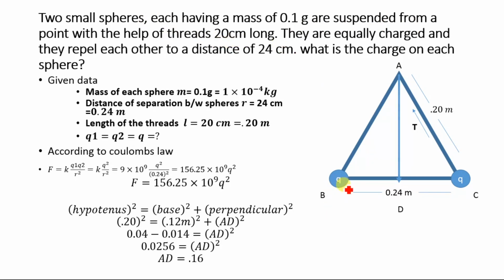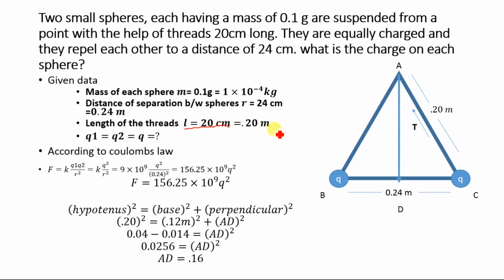We have two small spheres, this is sphere 1 and this is sphere 2. Both of these spheres have the same mass, 0.1 gram. So the mass of each sphere is given as 0.1 gram. And these spheres are suspended from point A with the help of this thread. The length of this thread is given as L is equal to 20 centimeter, and 20 centimeter we know is